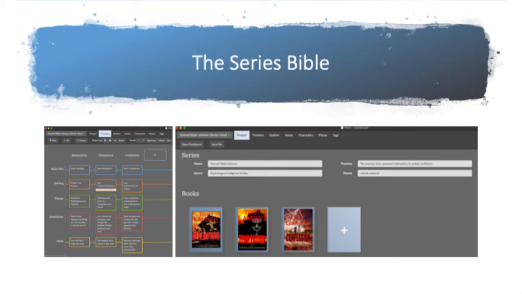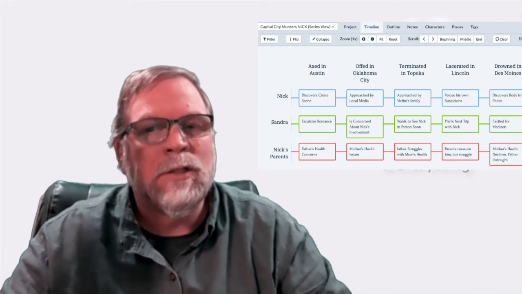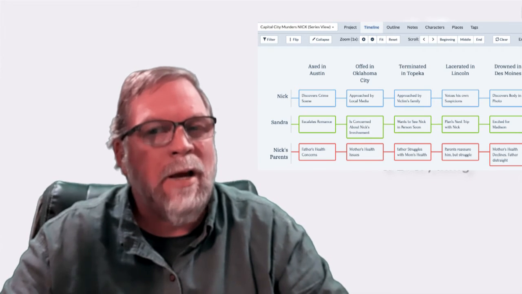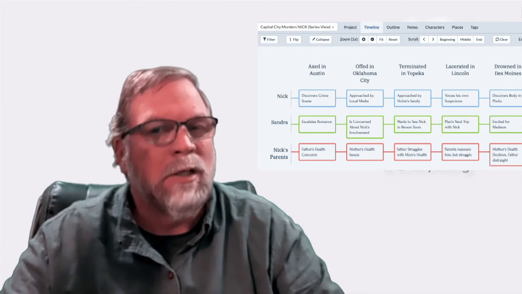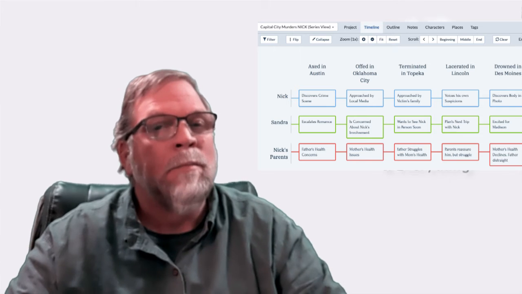But Plotter allows you to build this series inside a series Bible, kind of like I showed you the last time. And we're going to look at one of those really quickly again, the one that I had for Capital City Murders. And we basically looked at those different things. I look at the different books and what's going to happen in each in a progression that relates to the overall series and the overall character arc